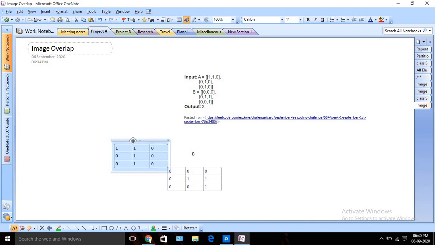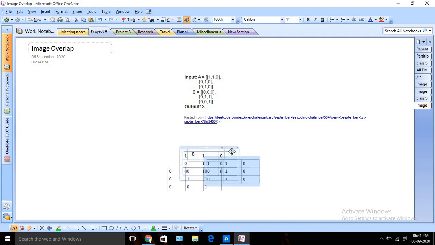Then I will move forward like this, right? So I will start from here. Then again I will check, and I can see here only one cell is overlapping, right? It is 0, but that's not a 1, so we can ignore that. Then we will move further. Again 2 cells will overlap, and this time 3 cells will overlap, right? In this way we will keep checking. Okay, again we will move like this, and it will move till here, right? So like this we can go from right to left.